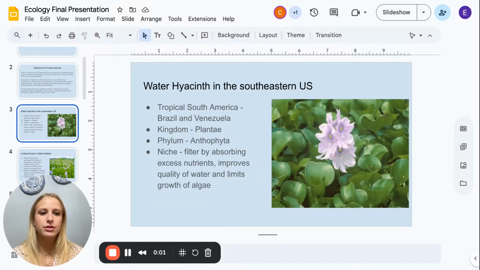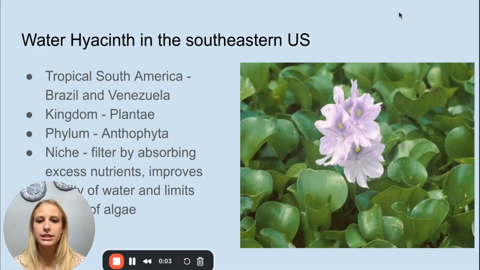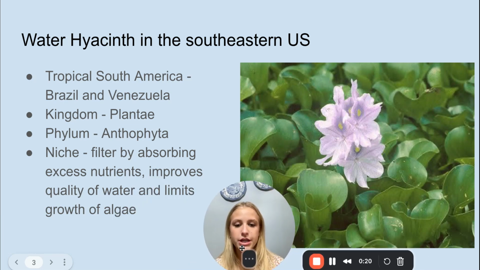Hi, so my name is Evelyn Wright, and I have the water hyacinth, and it is native to tropical South America, so Brazil and Venezuela. It belongs to the Plantae kingdom and the Anthrophyta phylum. One of its niches is it filters by absorbing excess nutrients, and then it also improves quality of water and